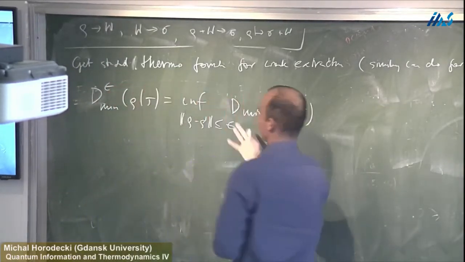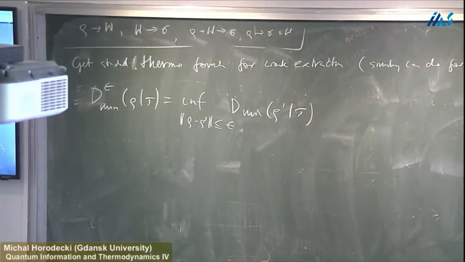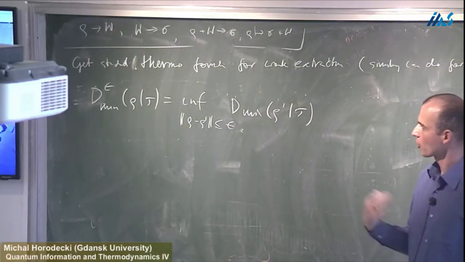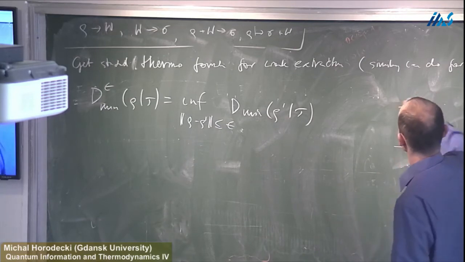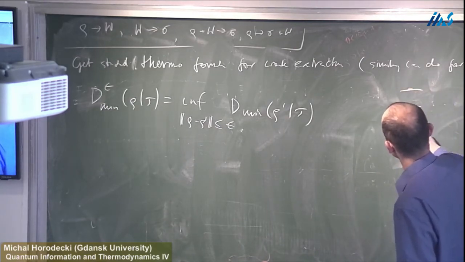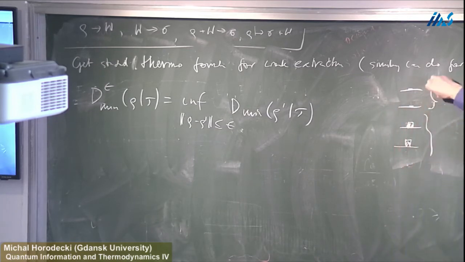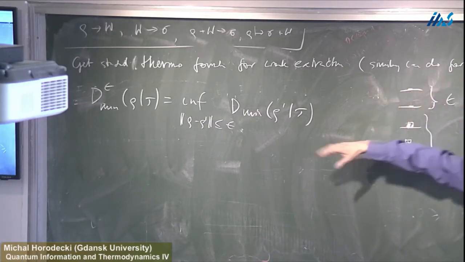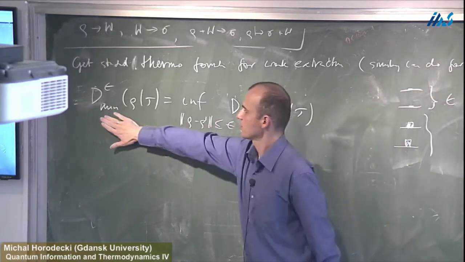So this is saying this: if I have a state which has some occupied levels, but these upper levels have very tiny occupancies, they are occupied with epsilon. Then I say, okay, if I'm happy to tolerate error epsilon, then I should compute this work not on